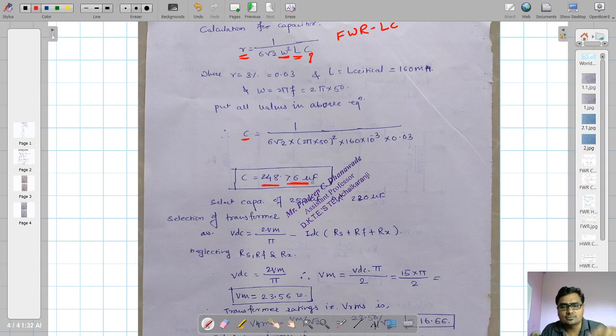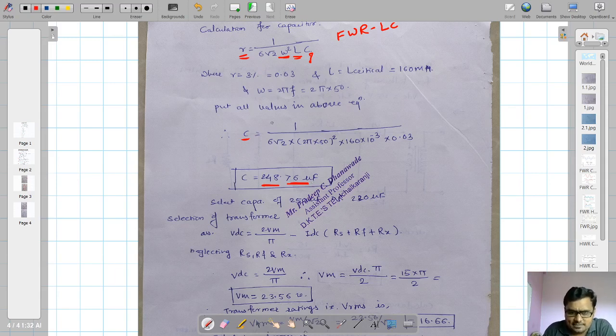You use your calculator. Don't watch the lecture blindly. Take your calculator while the lecture is on. Whatever I am telling you, put the values in the calculator and calculate your own value. It is not that I am getting 248.76, maybe you will get 247. Your answer can be wrong, my answer can be wrong. If I am calculating a wrong answer, it is your responsibility to tell me, sir, the calculation is wrong. While the lecture was going on, you were supposed to write it in the chat window. This is actual interaction, this is actual learning.